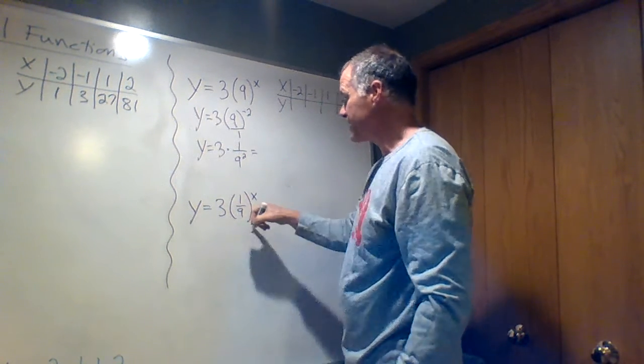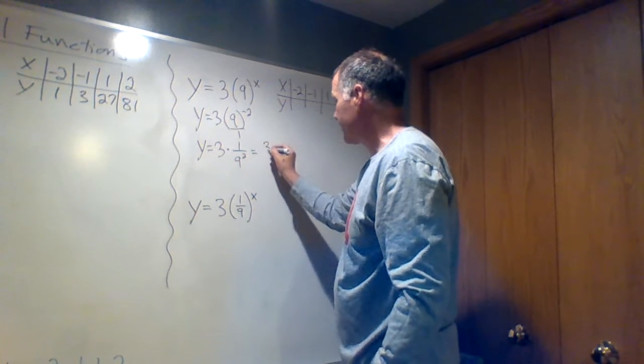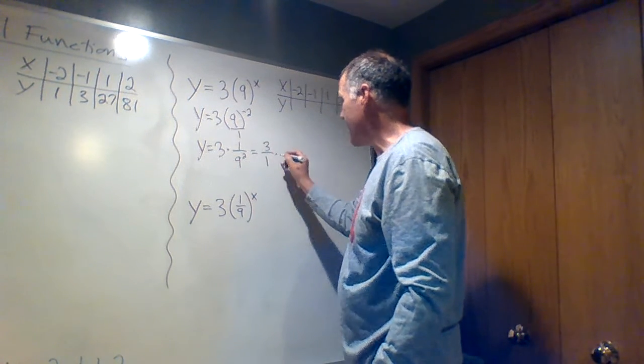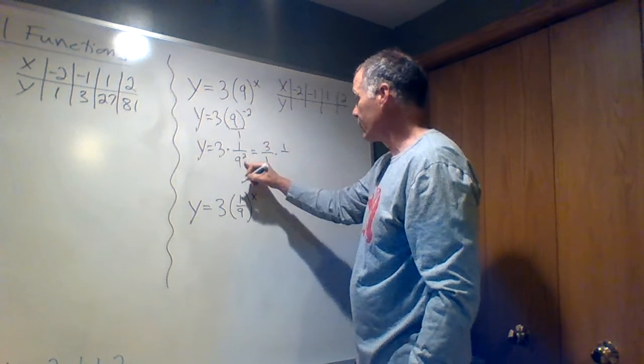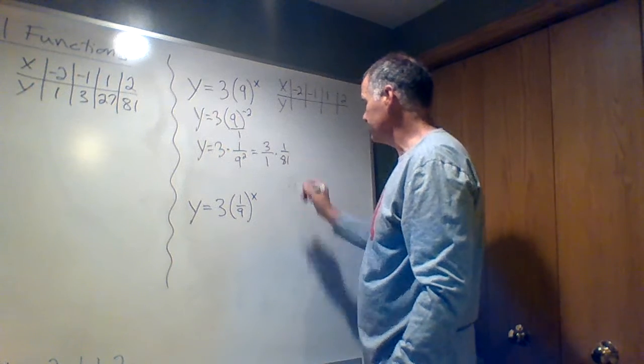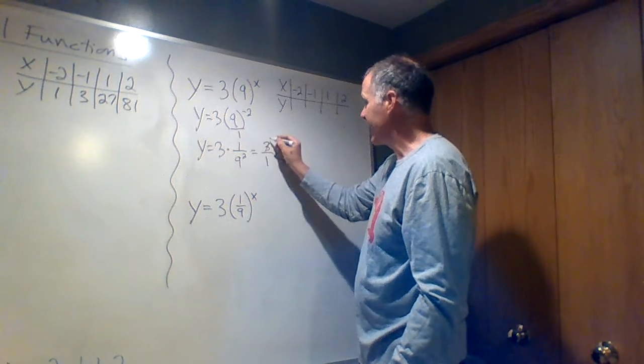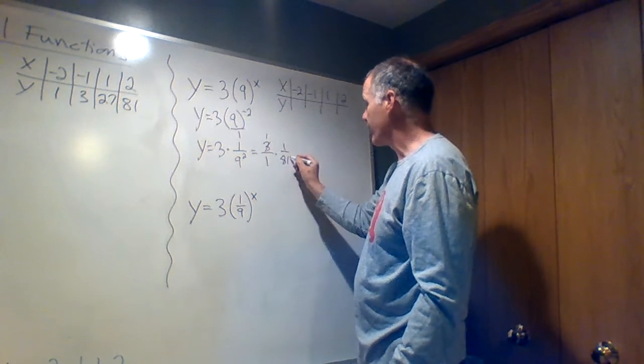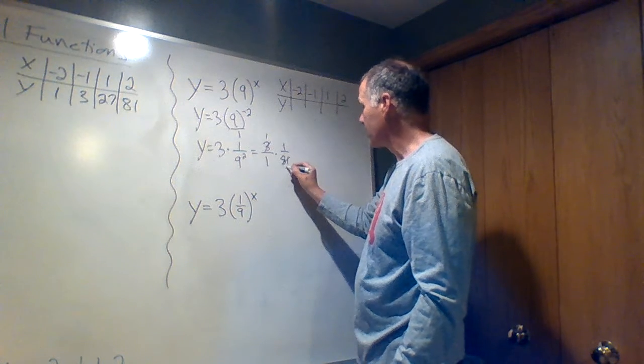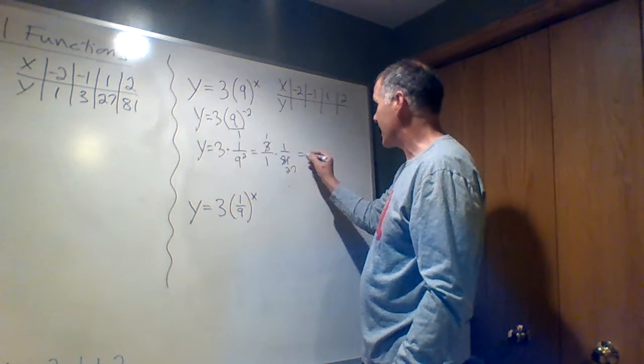I'm going to move sideways because I got this one. So I really have 3 over 1 times 1 over 9 squared, 81. Now again, 3 in the numerator, 81 in the denominator, they can cancel into each other. 3 goes down to 1. 3 goes into 81 27 times. So actually,